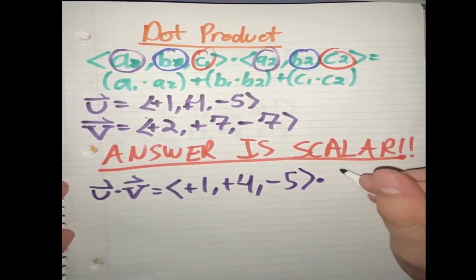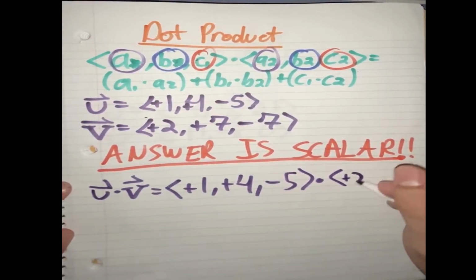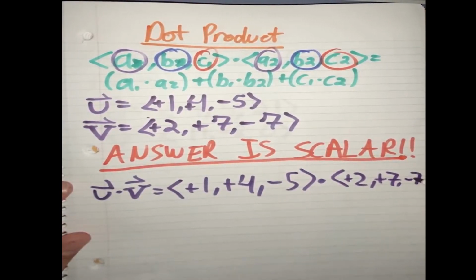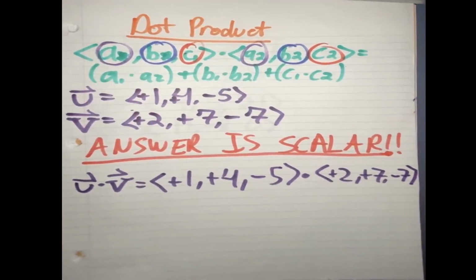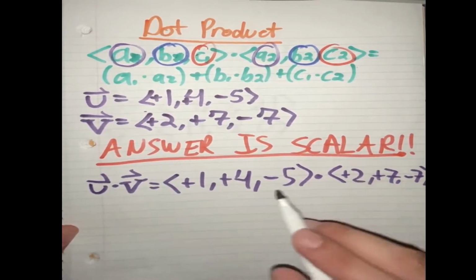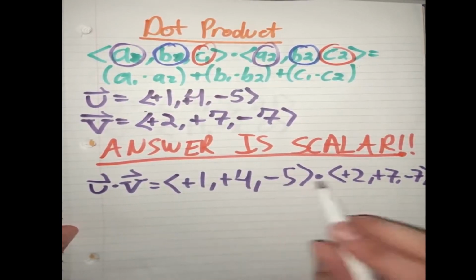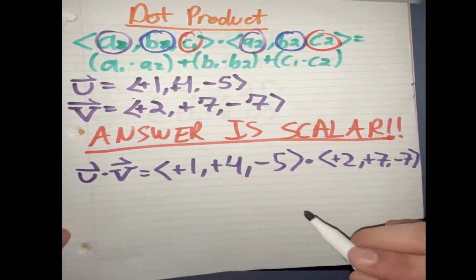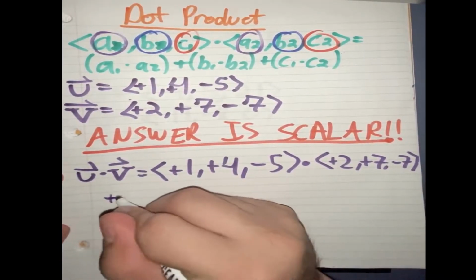we are expecting a scalar, not a vector. So if you have a vector, all you probably forgot to do is you probably just forgot to add the terms together. So we're going to multiply this with this, the middle terms, and then the end terms. So the x components, y components, and z components. So without further ado,